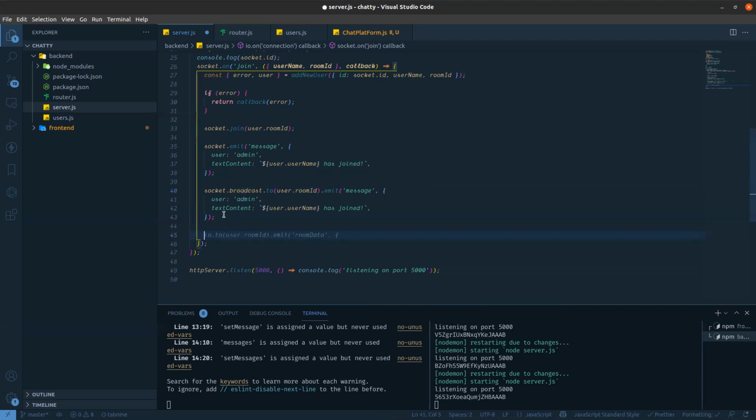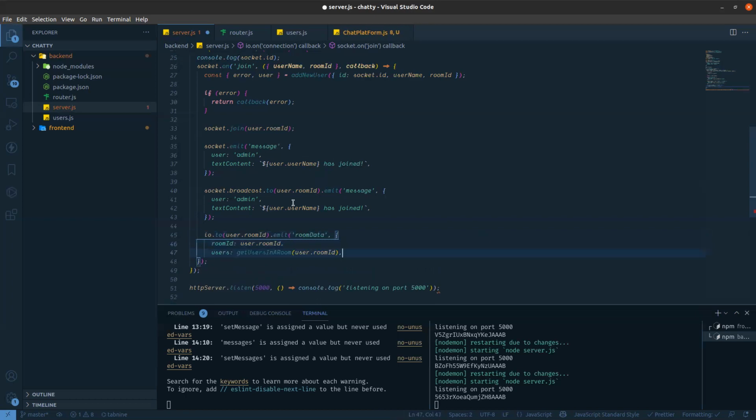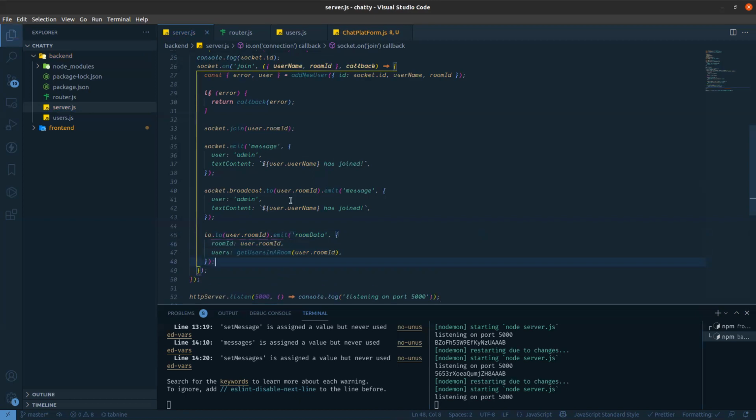And then I also need to send some room data to that room ID. Room data means the information of who is already in that room. So I'm sending those users' information. Okay. So like room ID is the user's room ID and so on. I'm just firing this event, sending it to that room, because you can see these people have joined this room, these people are online in this room, so we can connect with them and contact them.